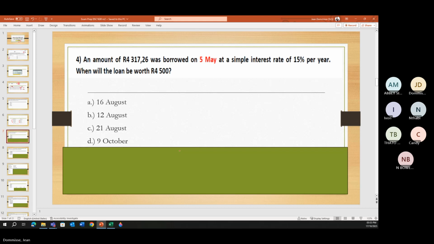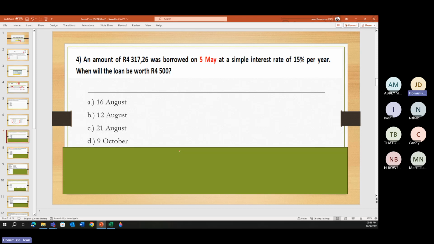What is interesting, and I think this is the first time I have seen a question like this in an exam, is that you are looking at a simple interest question, but you need to actually work out